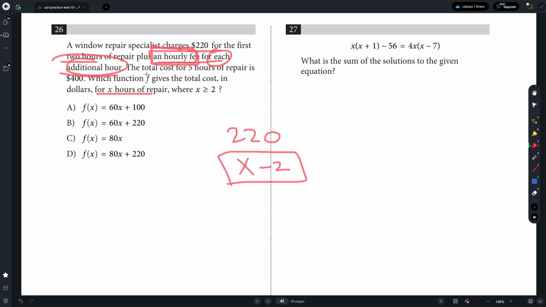And it says the total cost for 5 hours of repair is $400, right? So we want to solve for the hourly fee, because we don't actually know it. The total cost for 5 hours is $400. So now,